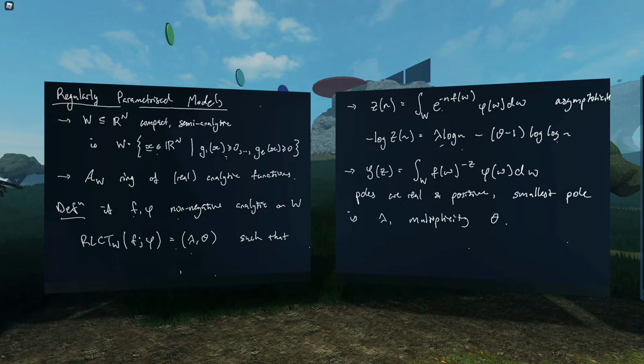Yes, I will prove a couple of lemmas that talk about ordering these pairs, lambda and theta, and basically what that ordering comes down to is ordering these asymptotic expansions. What I mean by that is that (lambda, theta) will be strictly less than (lambda prime, theta prime) if lambda is strictly less than lambda prime,